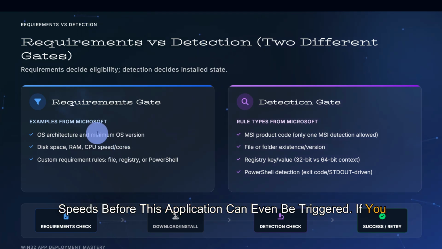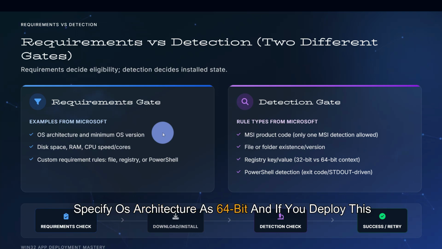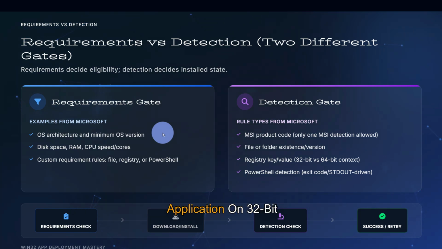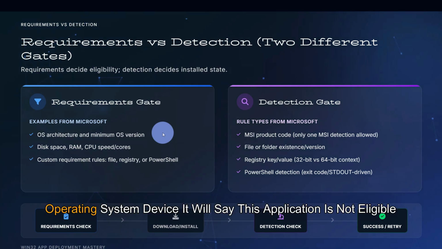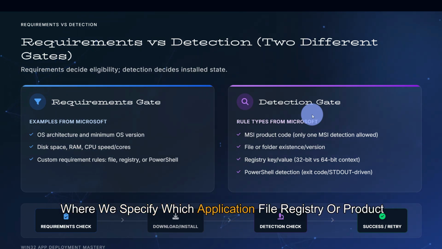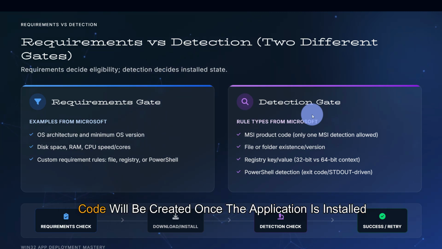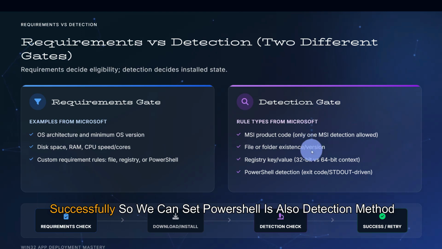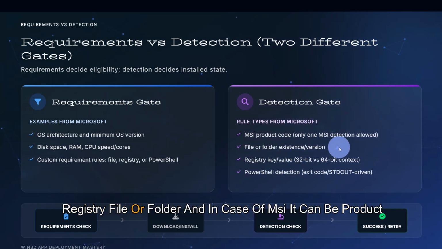If you specify OS architecture as 64-bit, and if you deploy this application on a 32-bit operating system device, it will say this application is not eligible. And the detection method basically decides the install state, where we specify which application file, registry, or product code will be created once the application is installed successfully. So we can set PowerShell as a detection method also, registry, file or folder, and in case of MSI it can be the product code. So